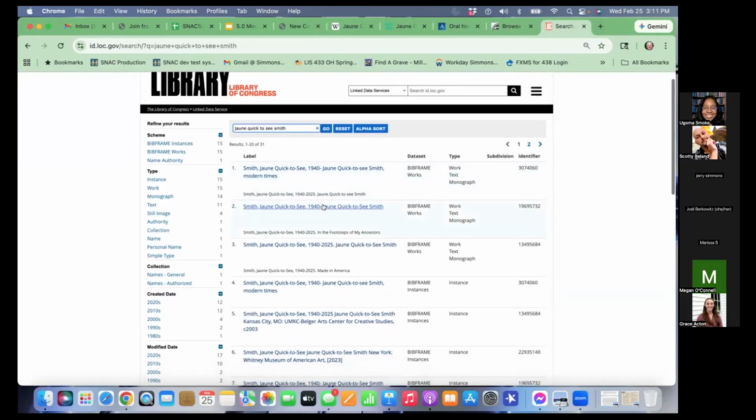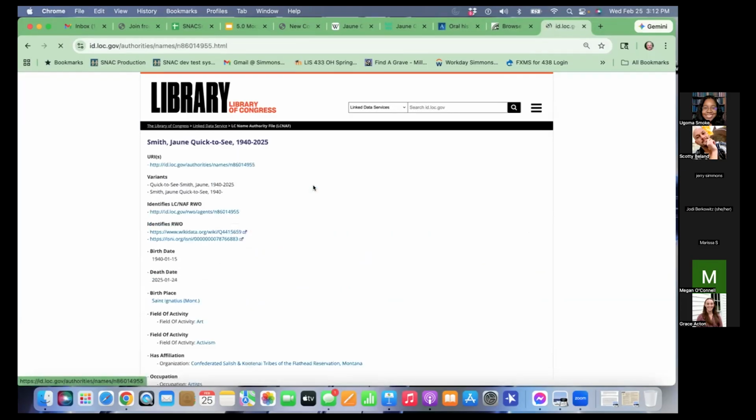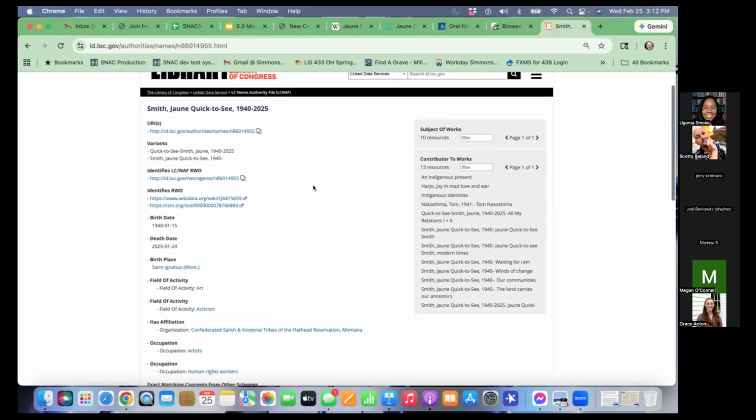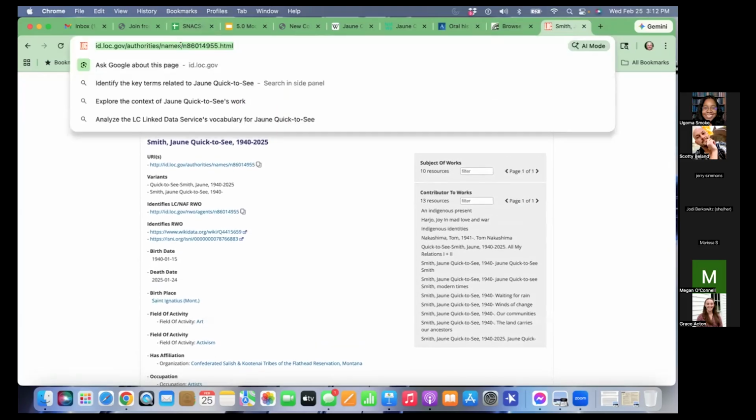It brings up again a lot of matching information from a variety of data sets at the Library of Congress, but make sure to go over and narrow it down to name authority. And in this case, it gives you a very straightforward approach to her authority record at the library name file. Click there. Again, here's her Library of Congress authority record, but up in the link, we will take in